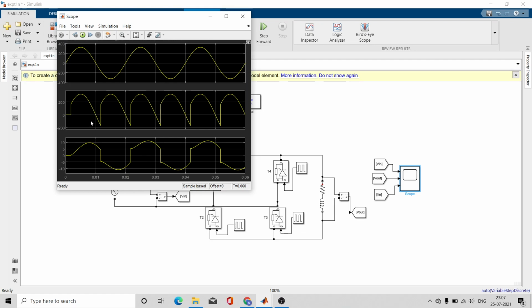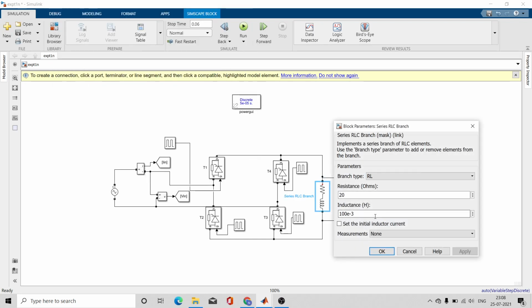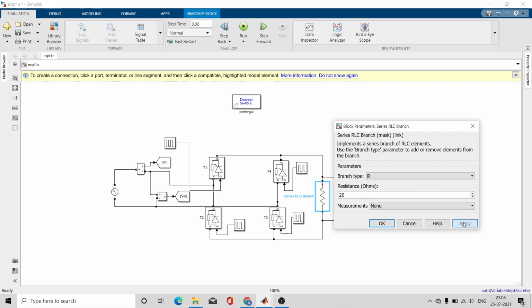And why are you getting output at the negative half cycle also, at the negative side? This is because you have connected this inductive load to it. When I remove this inductive load, I'll not get the output like this. I'll show you here itself. Let me take only R load and apply it.